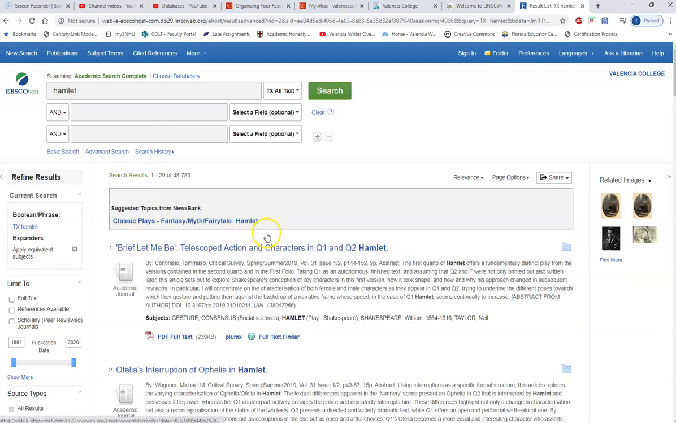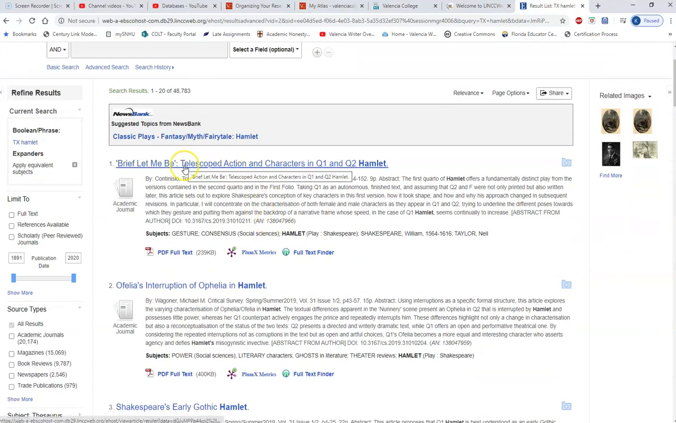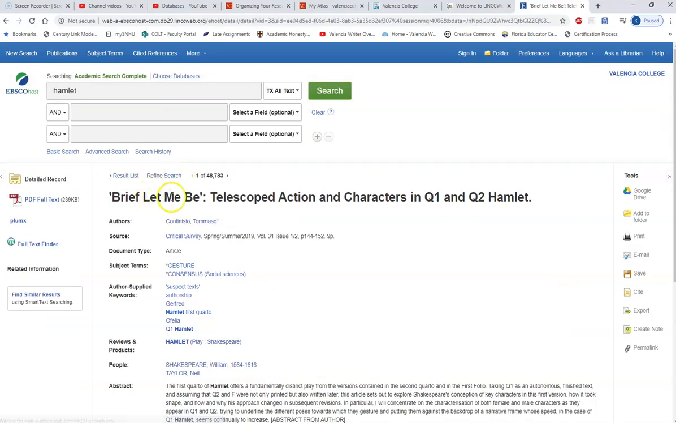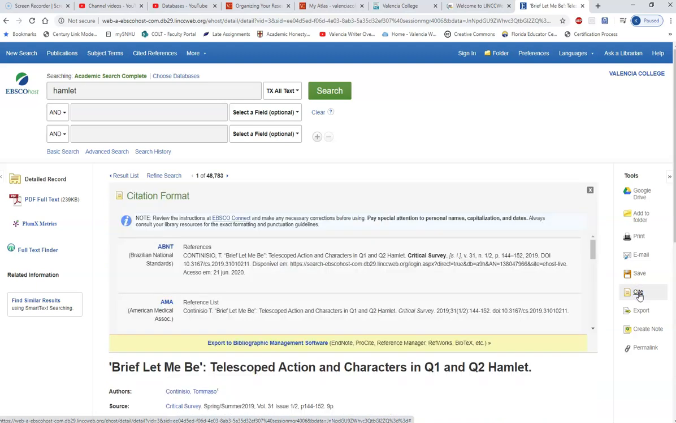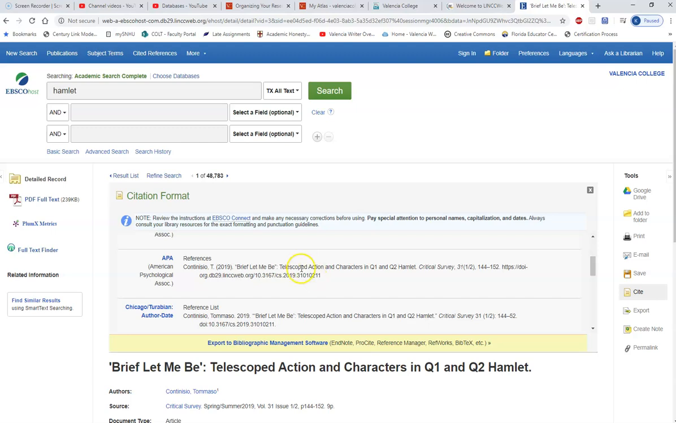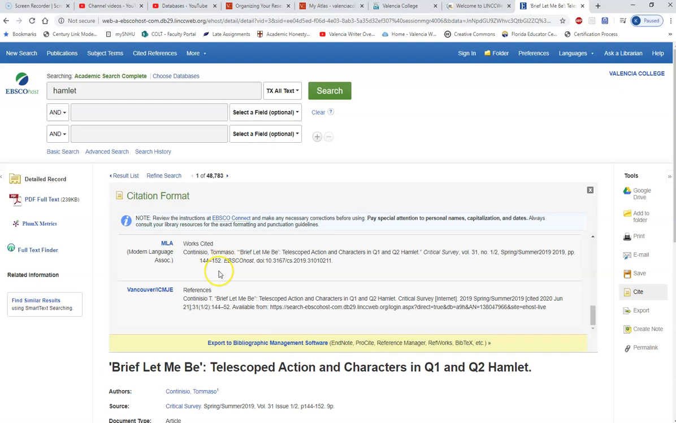I can find a result, and I can click on that to get the full text. So this article entitled "Brief Let Me Be, Telescoped Action and Characters in Q1 and Q2 Hamlet." Across the right-hand side is where your cite function is. So if you click on Cite here, and you cite that, it'll show you all the different kinds of citations. And of course, the big ones are going to be APA, which is right here, and MLA, which is right